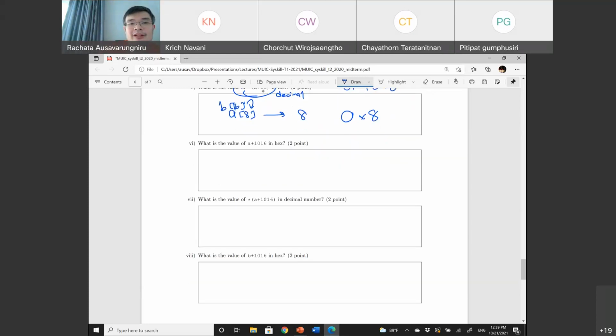How about this? What's the value of address A plus 10,016? So this is basically 0x, we do the same thing with 0x1000 plus, what's 1016 in hexadecimal?